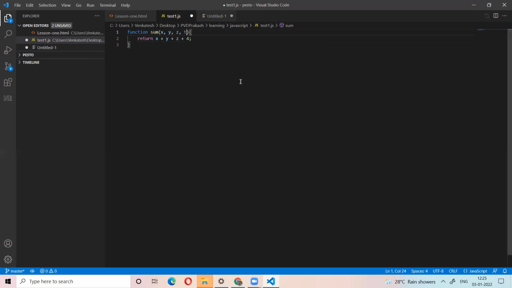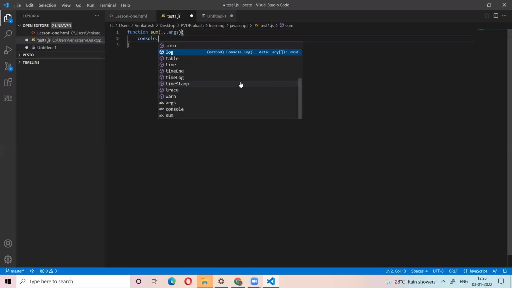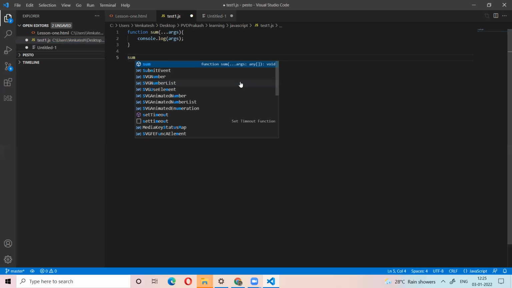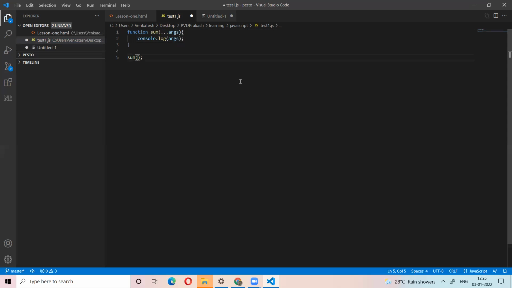Like this, you don't know how many arguments you can pass. At that time, you use the spread operator. So now there is ...args. Now let's see. console.log of args. For example, I will pass 1.